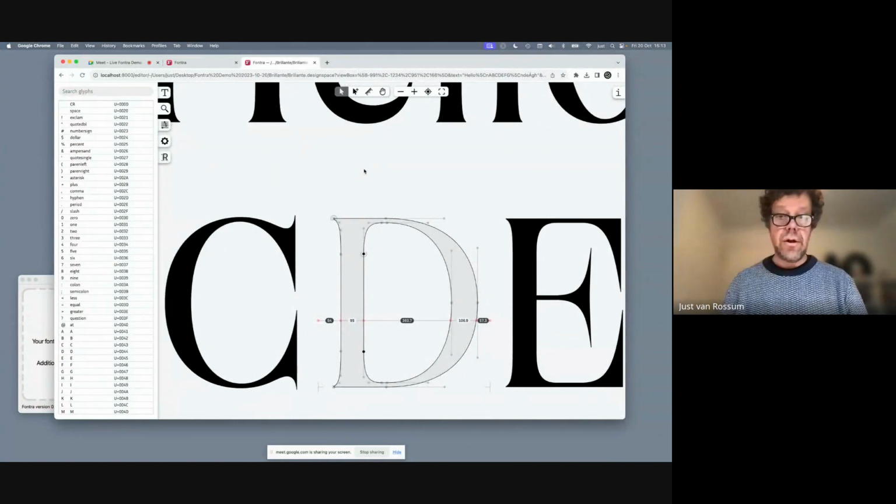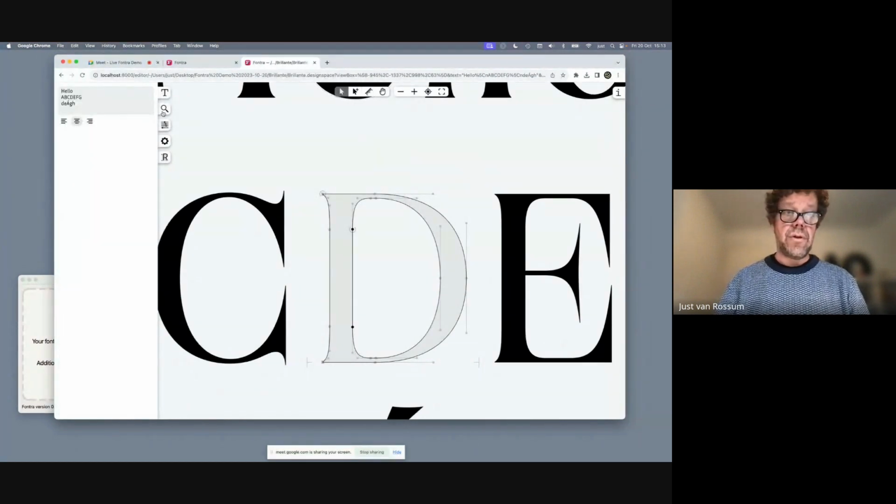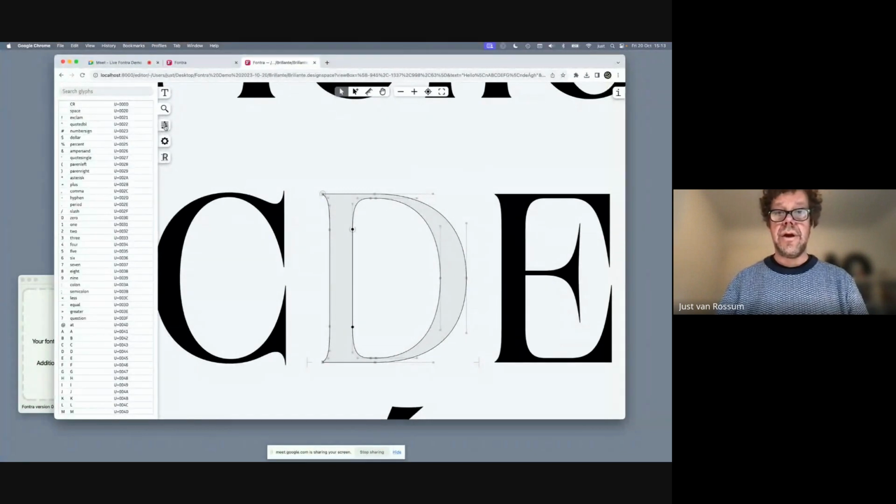Wait, before I go drawing stuff, there's another important panel. By the way, we're in the ruler tool. If you want to hide the ruler tool, then you can double click and it will be gone for now. If you click again, it will appear again, so you can relatively easily switch back and forth. So, other panels: we've had the text panel, the text entry, but here is, I opened the design